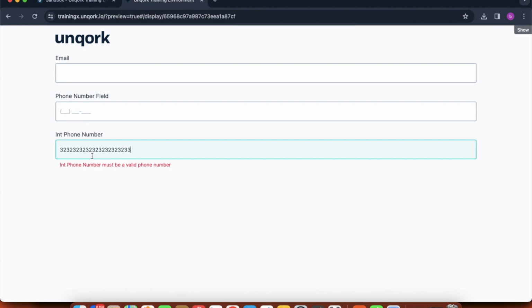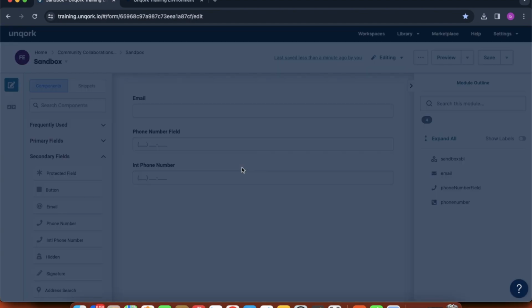Okay, and we can add the number here, and again according to the configuration that is done in the component, it will throw an error. So this is the valid pattern and it is working fine now. We are not getting that error message. But